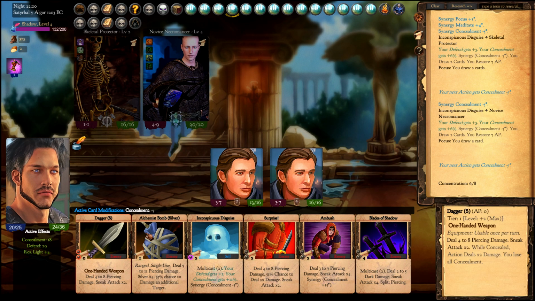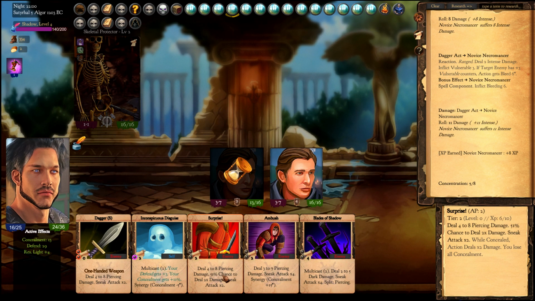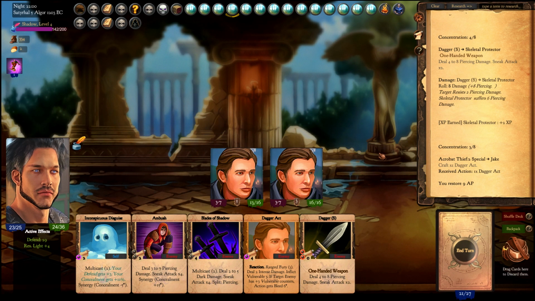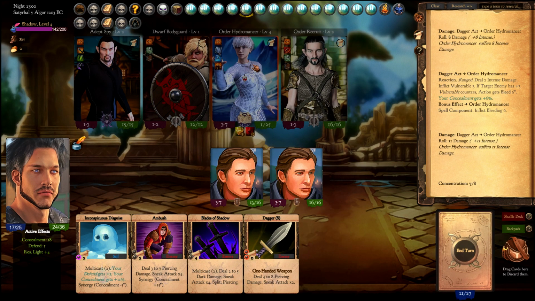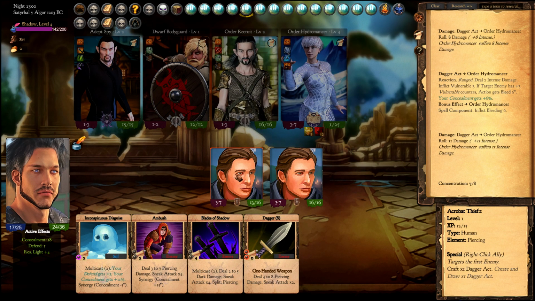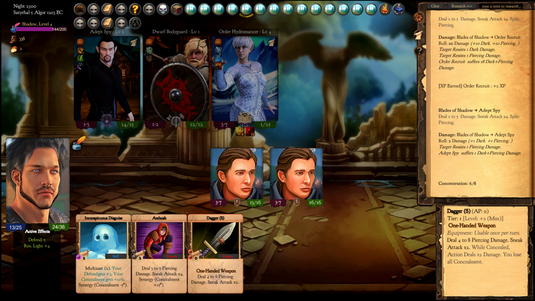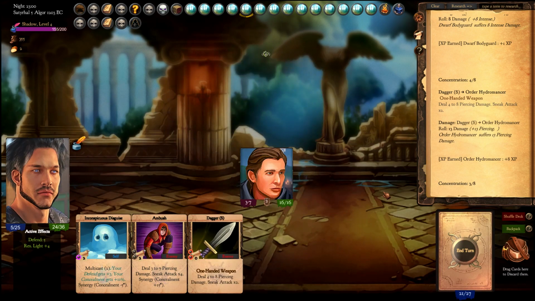So we got our missing action points back thanks to the multicasted inconspicuous disguise, and I will be dagger acting him away. Also use a surprise and a dagger. Put the toughest first. First is a sneak attack. Putting